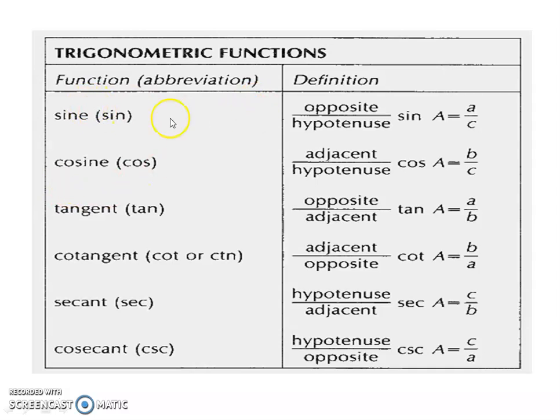The trick is that sine means opposite upon hypotenuse, cos means adjacent upon hypotenuse, and tan means sine upon cos, that's why it is opposite upon adjacent. Cot means 1 upon tan, that's why adjacent upon opposite. Secant means 1 upon cos, that's why hypotenuse upon adjacent. Cosec means 1 upon sine, that means it is hypotenuse upon opposite. In this way, we must remember the trigonometric functions.